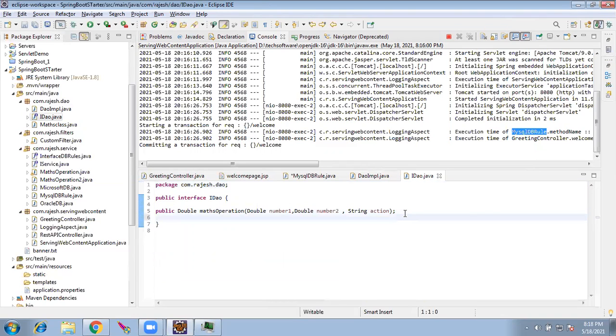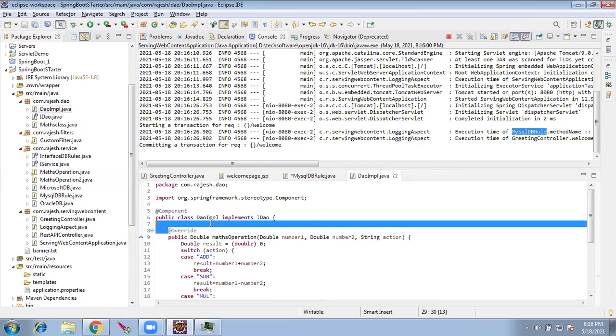This is going to be a void method, public void. Okay, so this we are good.